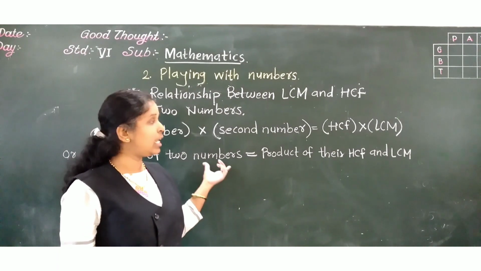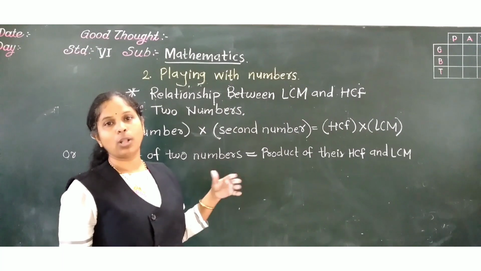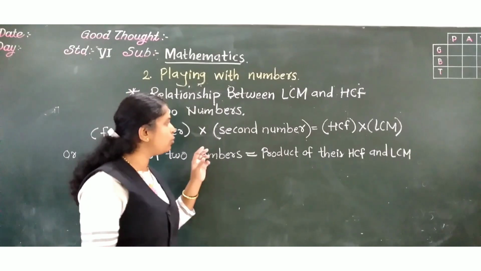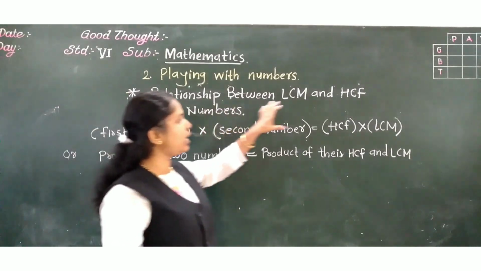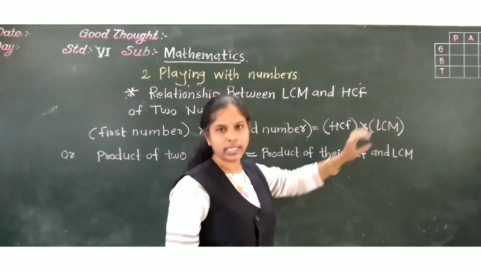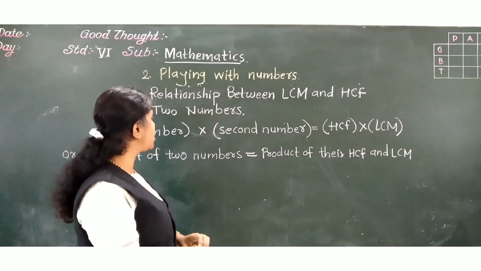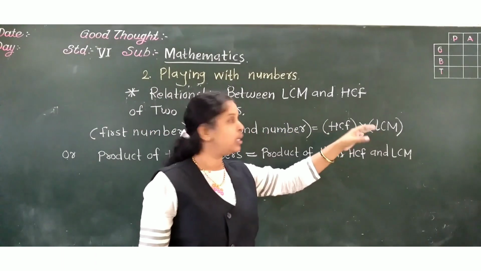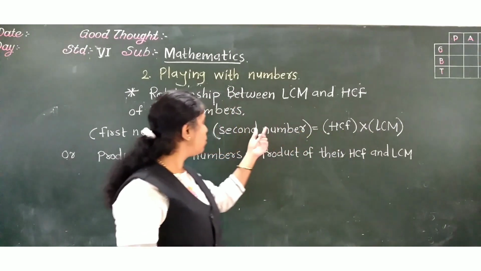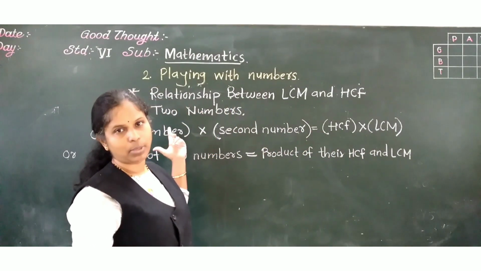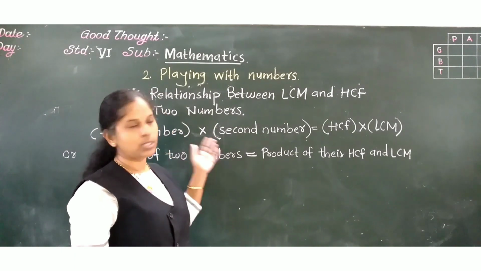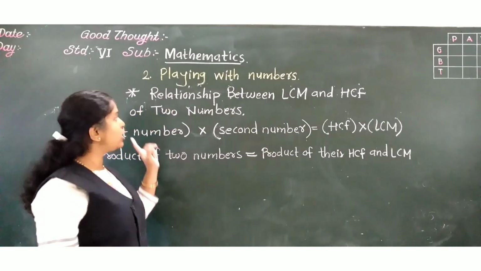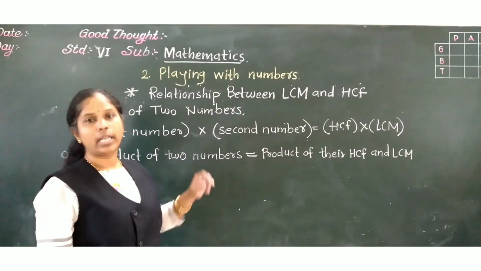Okay. This is used where suppose three quantities they are giving. They will give first number, second number and HCF, and we have to find out LCM. That time what we have to do? That time we have to just put the values and calculate to find out LCM. Or they will give you HCF, LCM, second number, and you will have to find out first number. Okay? So to solve these sums, we can use this relation. Understood the relationship between HCF and LCM?